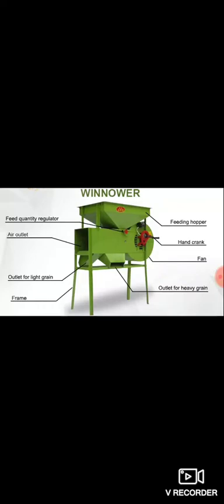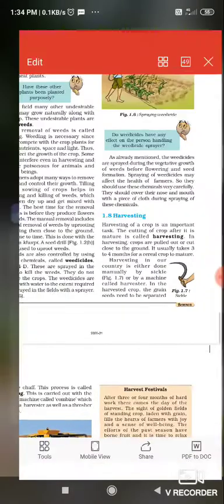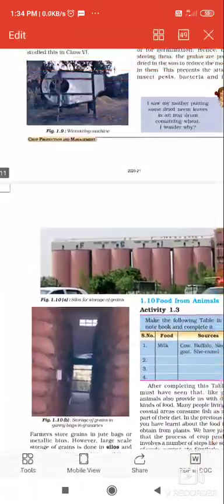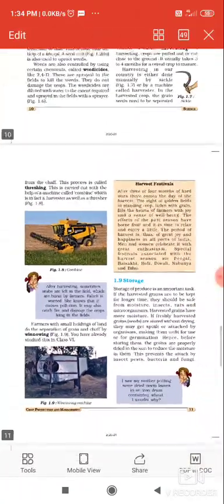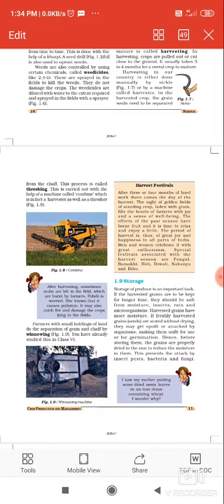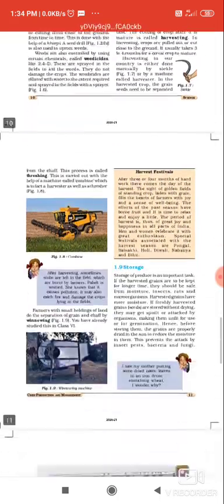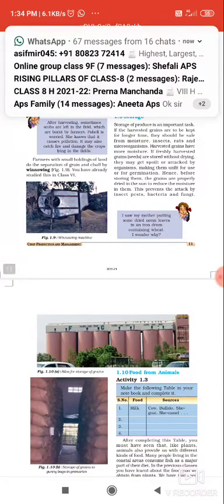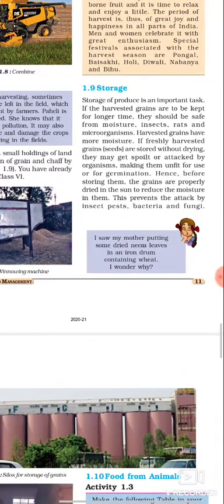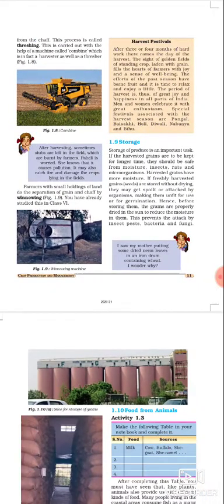Now the last one is storage. Okay students, now we have harvested the crops. Now it's time to store. So what are the preventive measures that you need to take care of while storing the crops? Beta, storage is very important because you have produced the crop. Now you have to manage it so that it should not be spoiled or destroyed, because a large production needs a better safe area so that the crop should not be damaged.